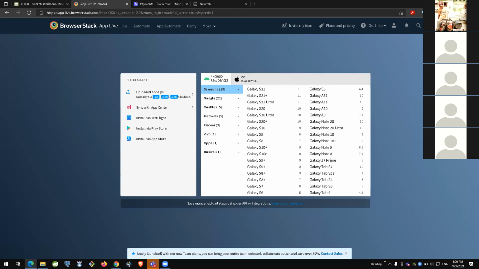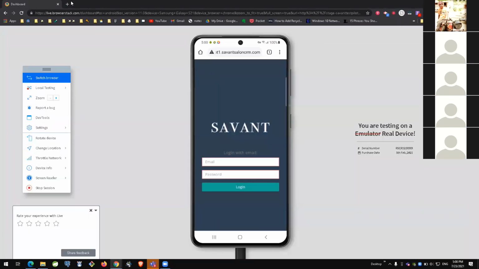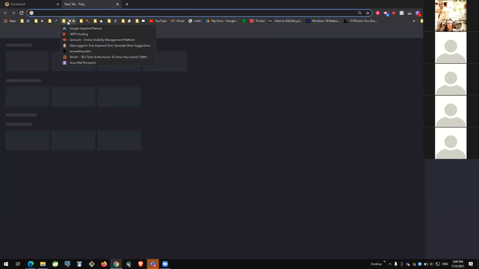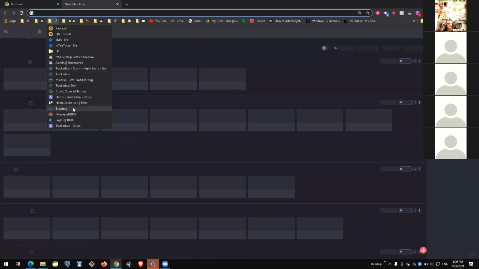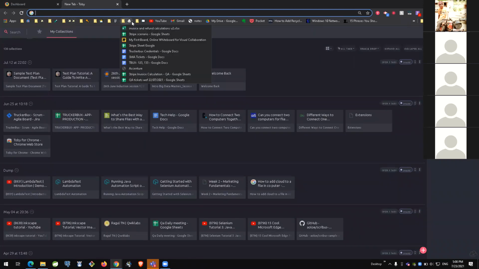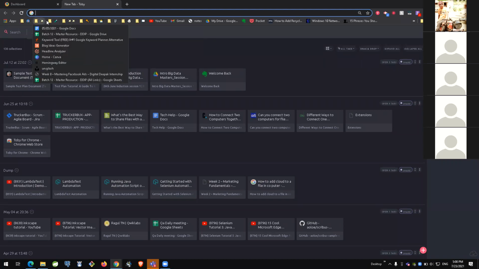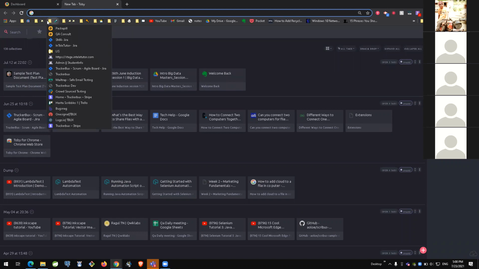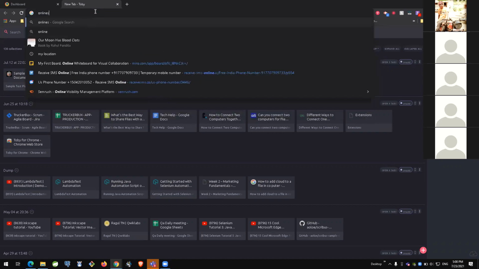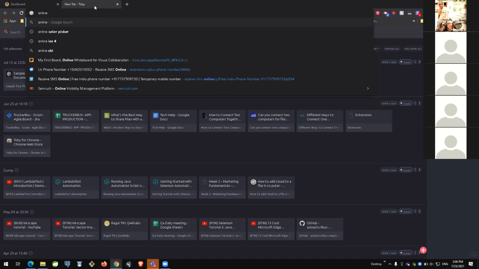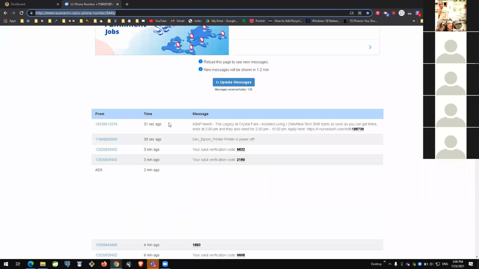If I want to test the OTP side, there is a website suggested by you only, I think. What is that website called? I can't see it. Okay, if I want to receive my SMS OTP, online SMS. This is one example. You can put this number into that emulator and receive the OTP accordingly.